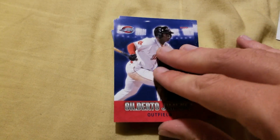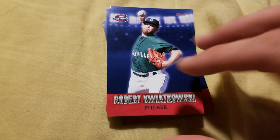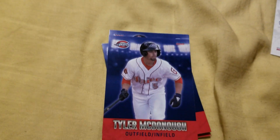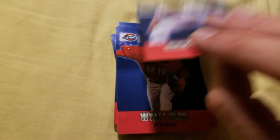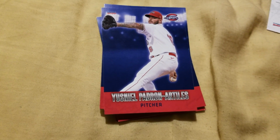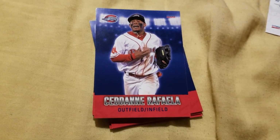Jax Groshans, Gilberto Jimenez, Robert Kwiatkowski, Chi Jung Liu, Matthew Lugo, Tyler McDonough, Nick Northcutt, Wyatt Olds, Yusniel Padron Artiz, Sedane Rafaela,